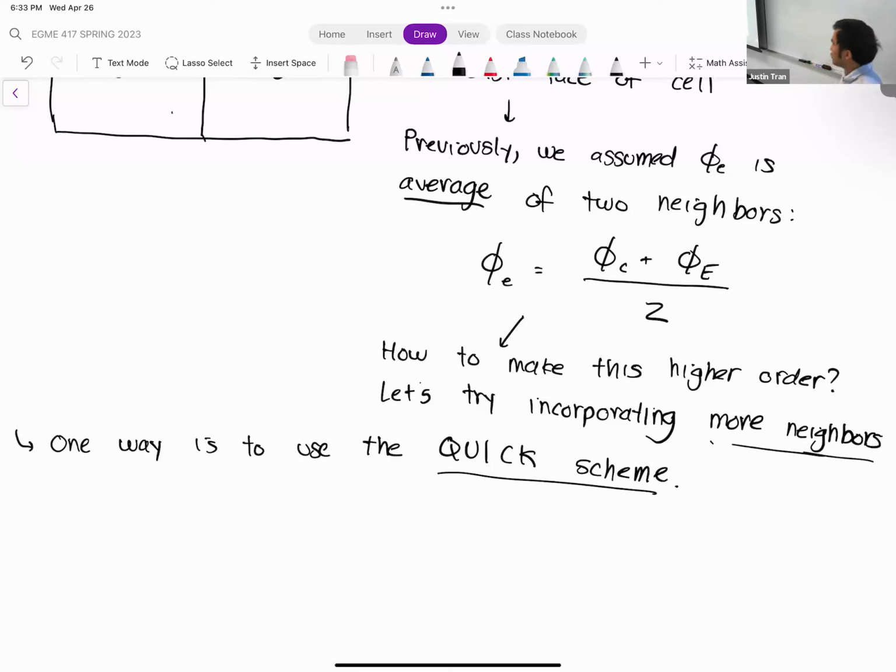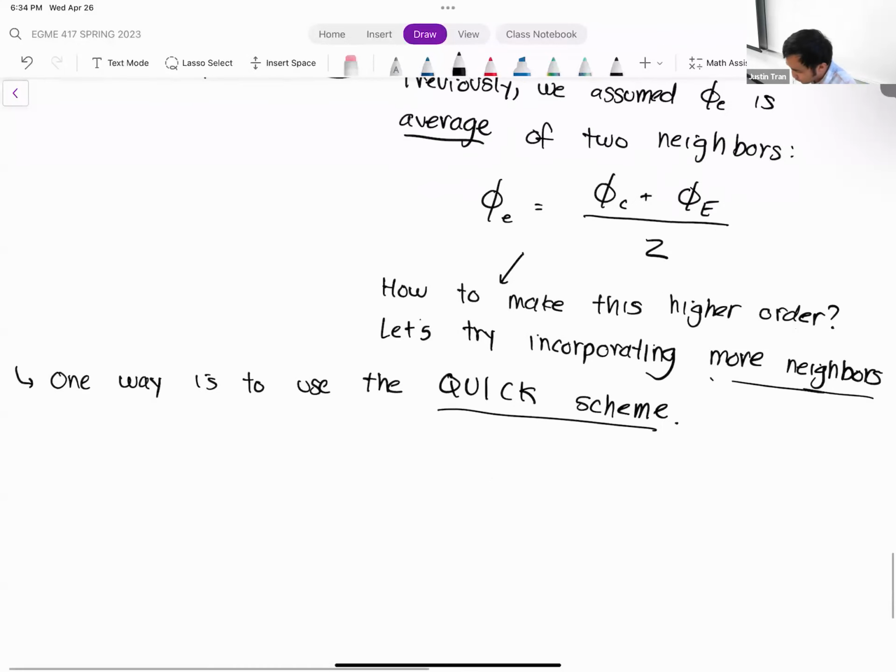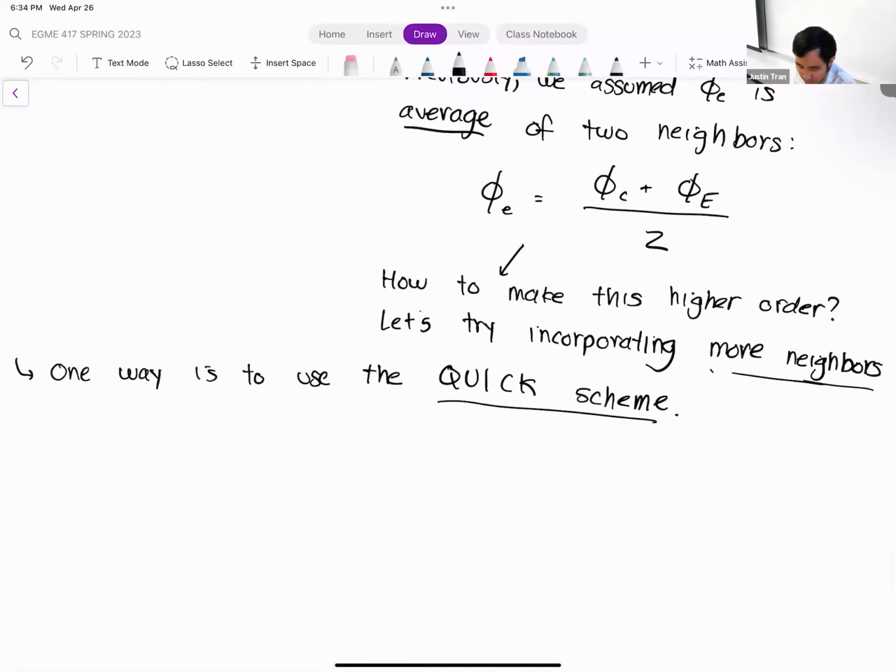So the scheme that we're going to use is called the QUICK scheme, where every letter in QUICK is capitalized because it's an acronym. I'm going to show you the scheme, and then everyone will be thinking the exact same thing. Everyone will be saying there ain't nothing quick about this scheme. In fact, it should be called the slow scheme because it takes so much work to do. But QUICK is actually an acronym for something. You don't really need to know what it stands for, but in case you're curious, QUICK stands for